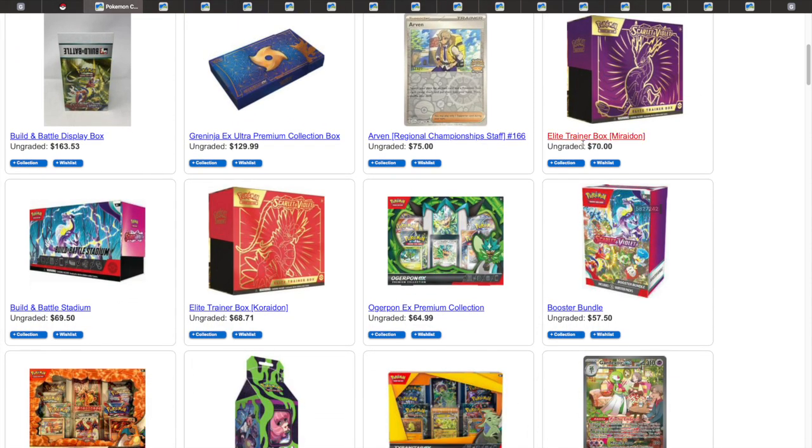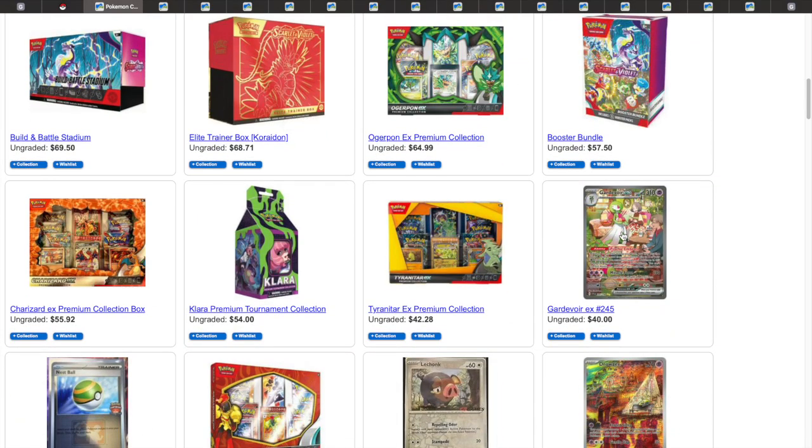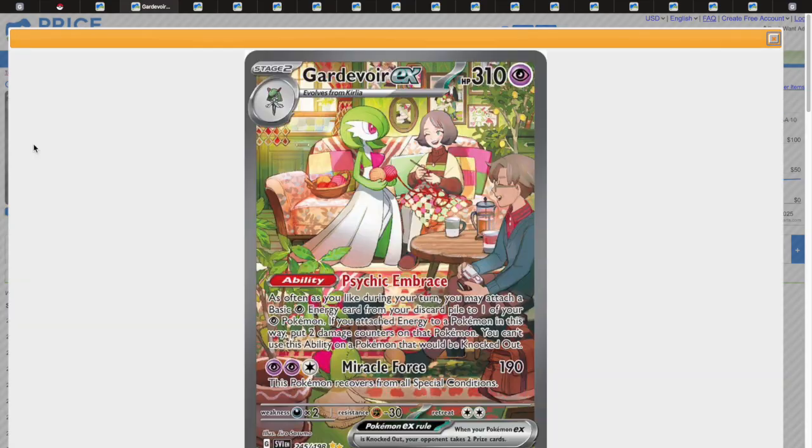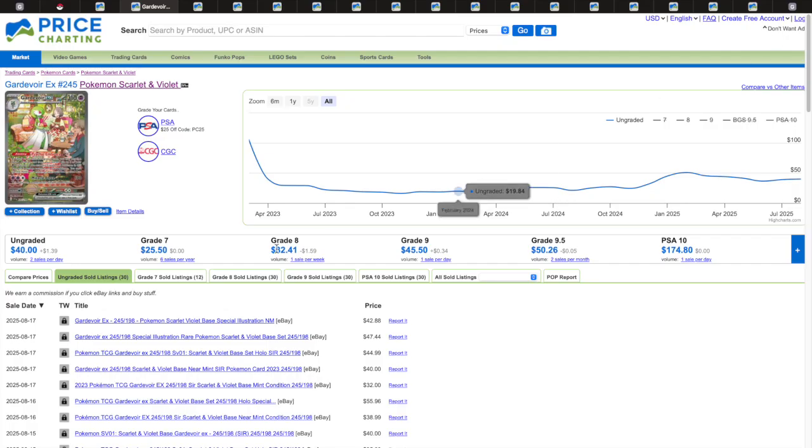So yep, these are the different products that we could find in this set, and the top chase card for this is the Gardevoir EX number 245. This was one of the best ones during the initial phase, and I think it's got really nice artwork. And if you guys didn't know, I think this concept of illustration rares came about only in this series. I'm not too sure, but this one is a very nice card, and on release it was $100 and it dropped to about $20, and currently it's at about $40, which I think is a good